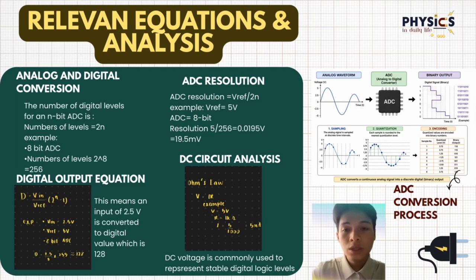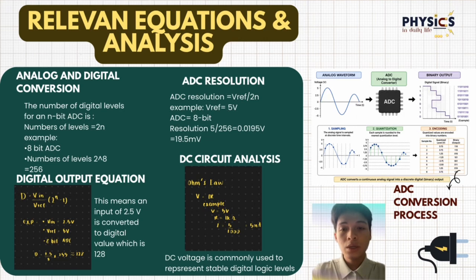If the reference voltage is 5 volt and the ADC is 8-bit, the resolution is approximately 19.5 millivolt per step. A smaller resolution means the ADC can detect smaller changes in the input signal, resulting in higher accuracy. The digital output is calculated using the equation D equals Vin over Vref times 2 to the power of n minus 1. For example, if the input voltage is 2.5 volt and the reference voltage is 5 volt, the digital output